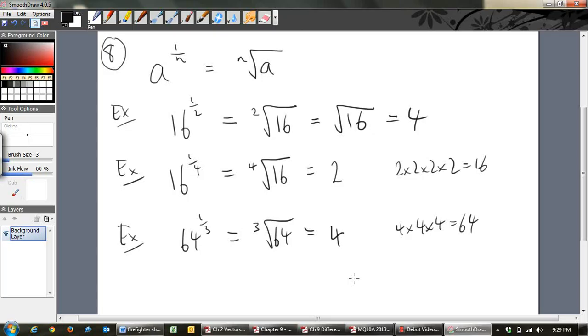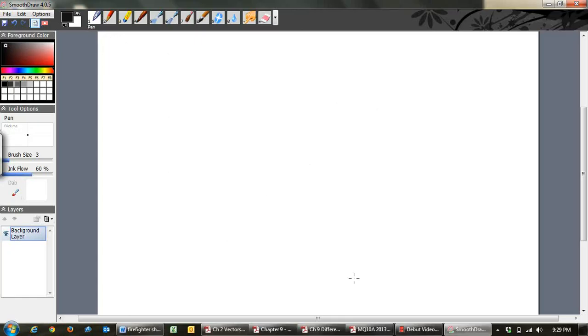I'll do one more index law. That's the basics of that, and I'll do the next index law first, and then I'll do some more difficult examples. Index law number 9 says that any number a to the m